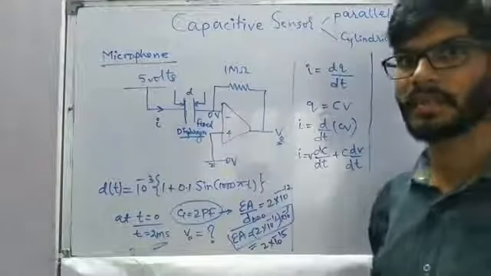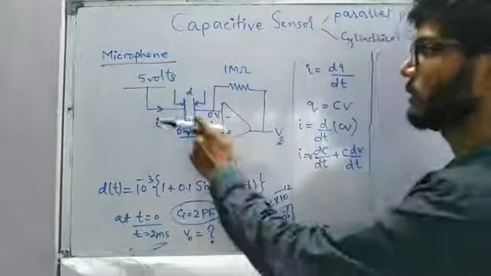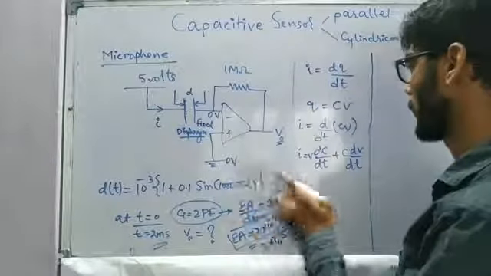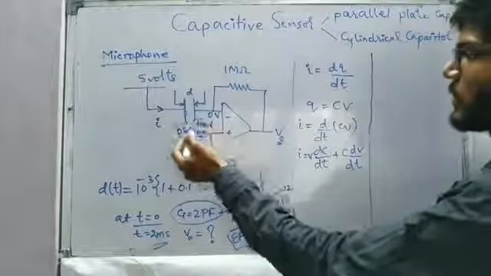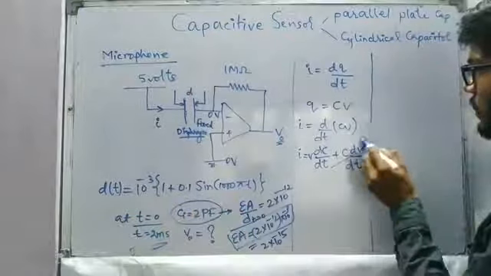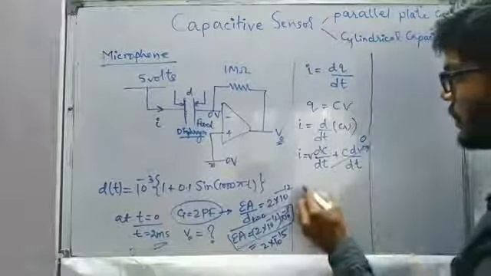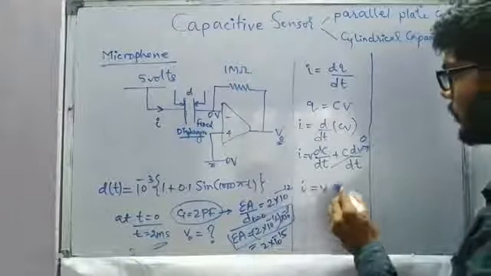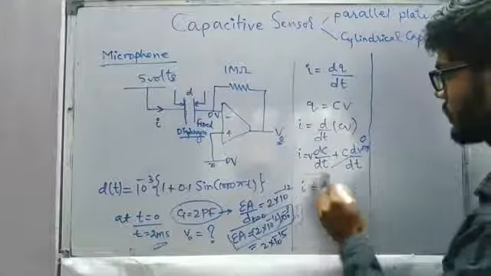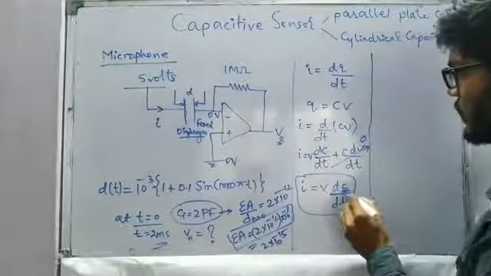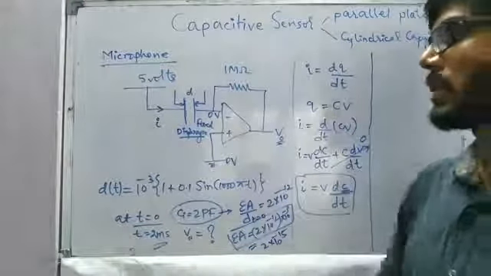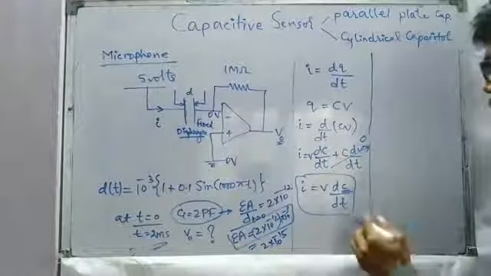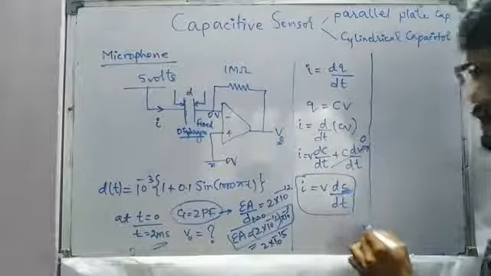As we see, there is one battery inside a microphone. For this purpose only, that particular battery is provided inside it. So the changes in the voltage across the capacitor are going to be 0, so the dV by dt value is going to be 0. So the current in the circuit is going to depend completely on the changes in the capacitance alone, and the changes in the capacitance are going to happen due to the variations in the separation distance. So now we have to calculate dc by dt.